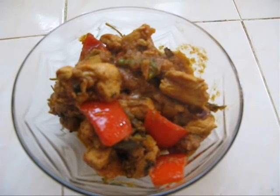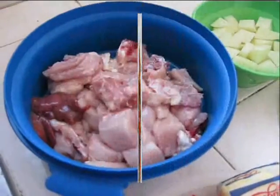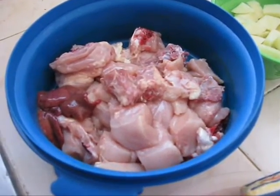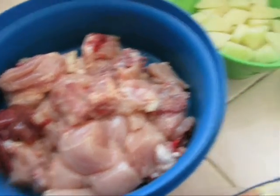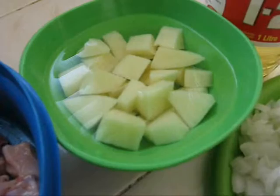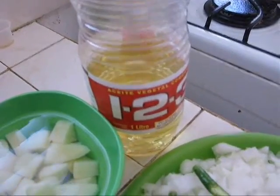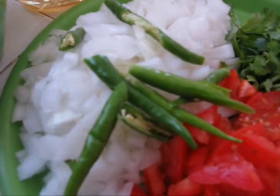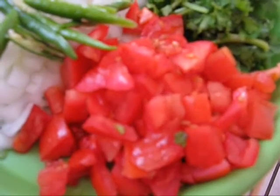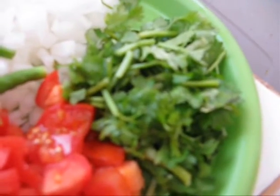Today I'm going to show you how to make spicy kadai chicken. For this recipe we need 500 grams of chicken cut into bite-sized pieces, 1 potato cut into cubes, 2 to 3 tablespoons of vegetable oil, 1 big chopped onion, few slit green chili, 2 tomatoes cut into pieces, some chopped cilantro,